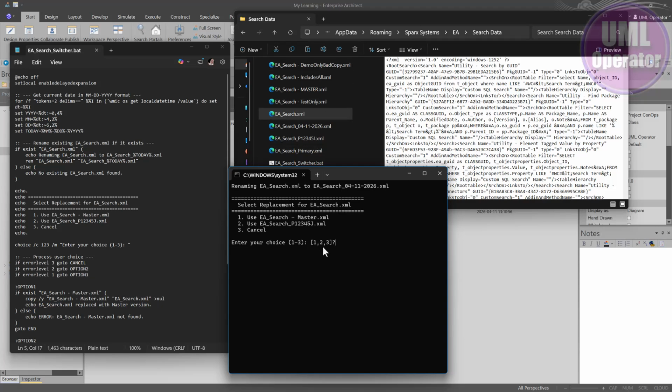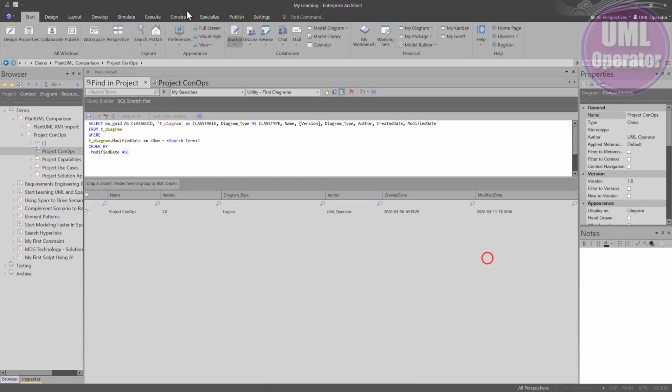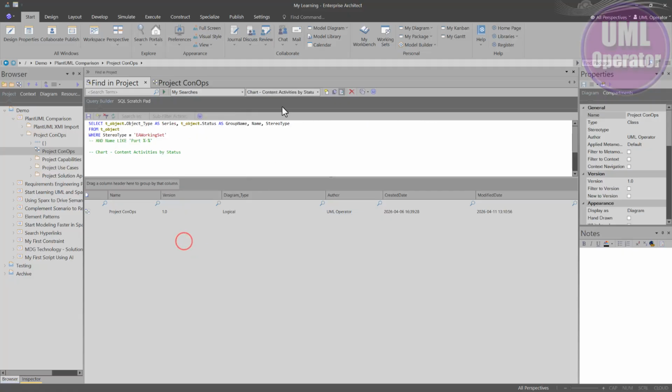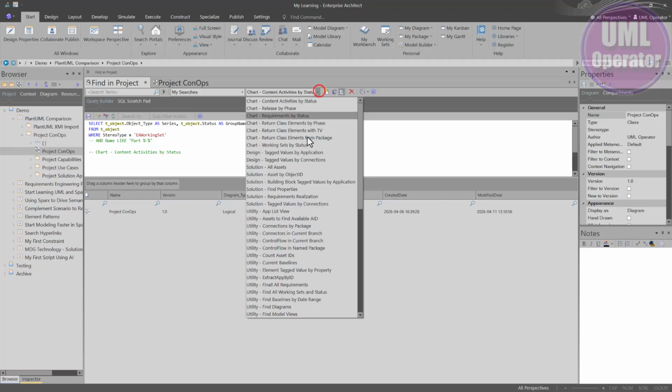So if I was to go ahead and select 2, it would create this EA_search.xml file right here. Then reloading Sparx will basically give us access to my searches that contain those particular project-only